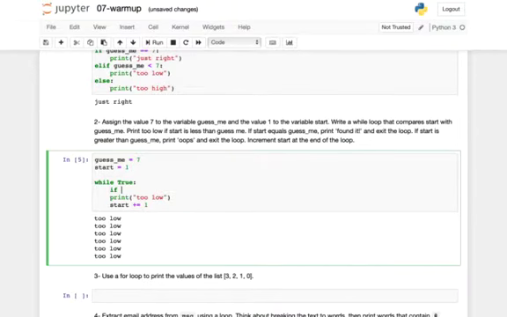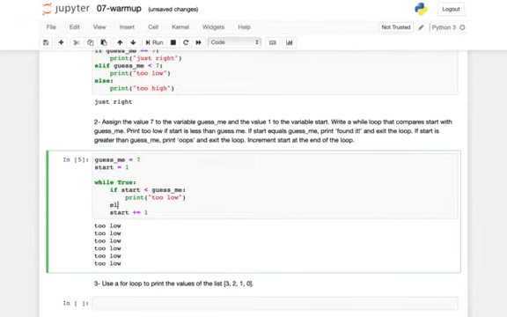So we can do if start is less than guess me, print too low, again, indentation is important, else if start equals guess me,